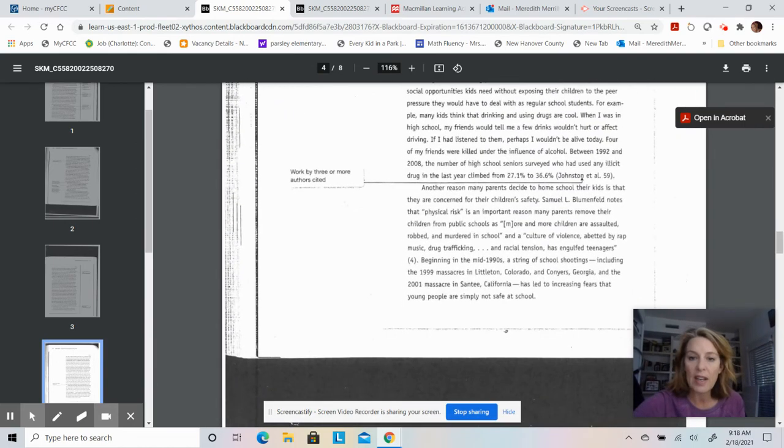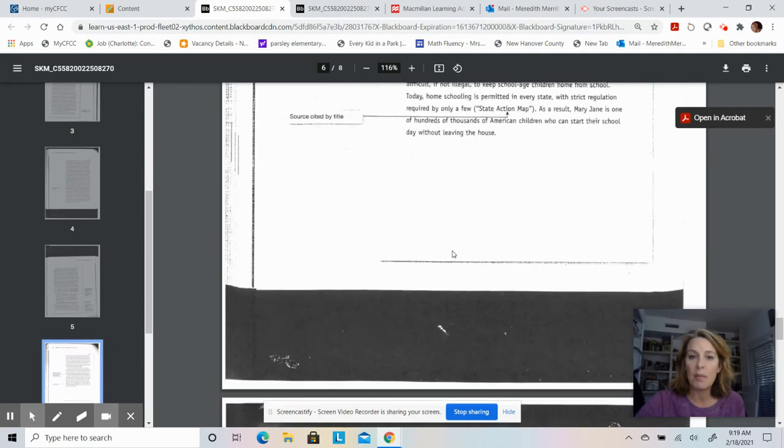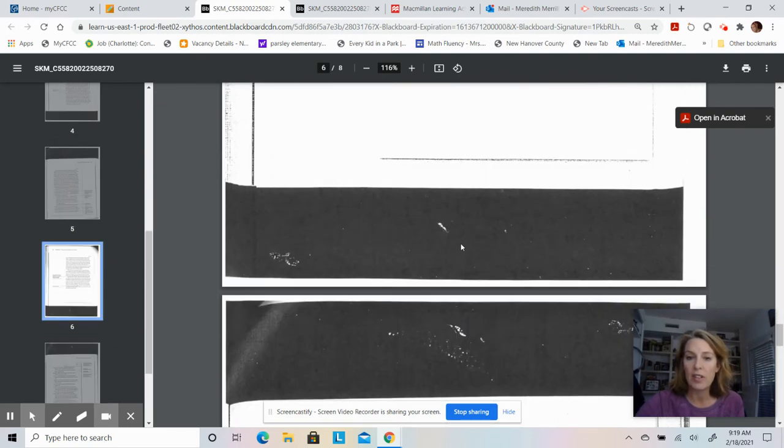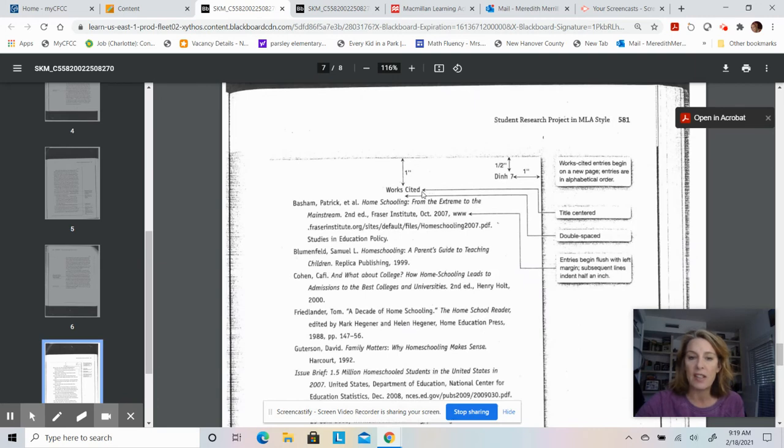I'm going to take us right now to the Works Cited page. And that is a separate page at the end of the paper. So here's where the paper ends, and then a new page is started and it's entitled Works Cited. And it is arranged alphabetically by the author's last name. And the series of information that's included in the citation can be found in chapter 17 of your book,